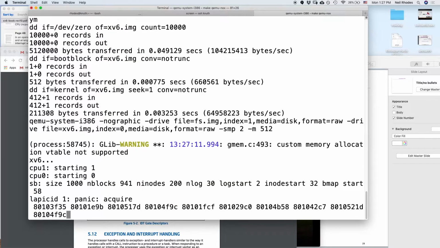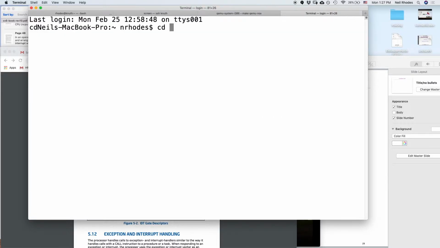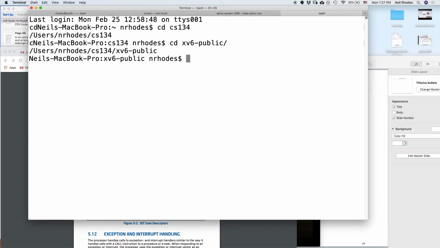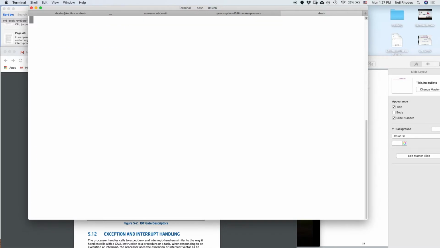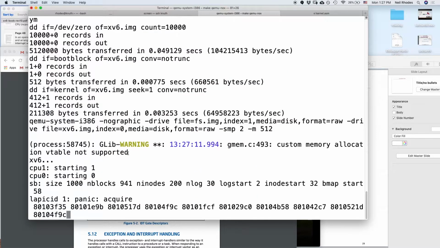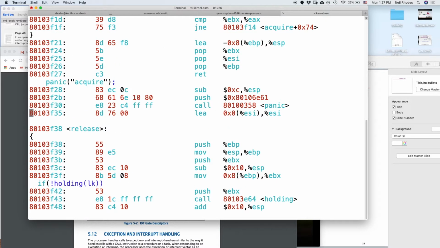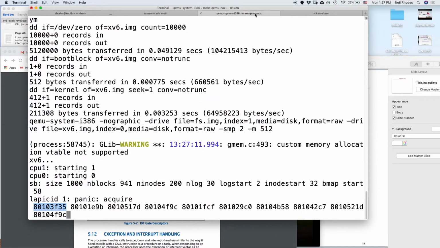Okay, then we get a panic in acquire. And what do we do now? What we do is we look at these numbers, and that's our backtrace. And so we just look in our assembly file and figure out our backtrace, right? So here, okay, well, this is calling panic, fine. And here,